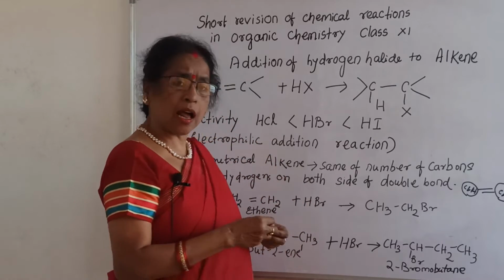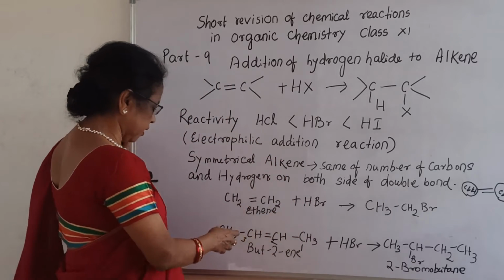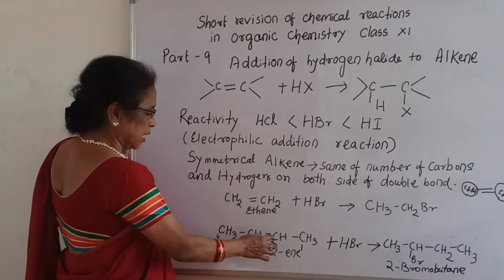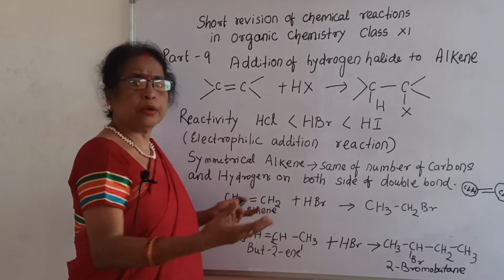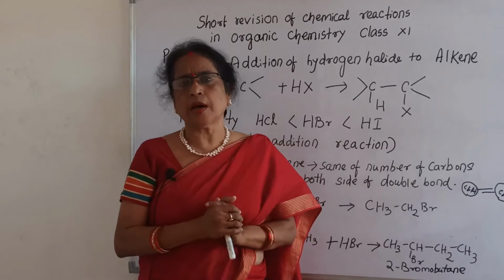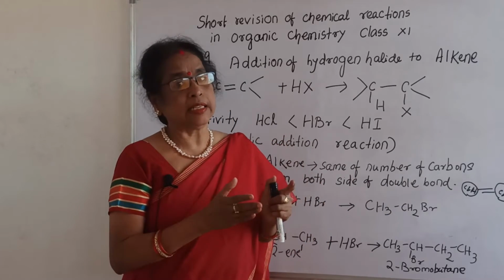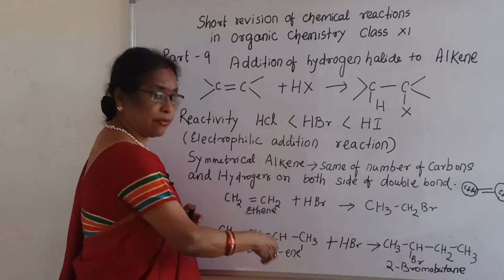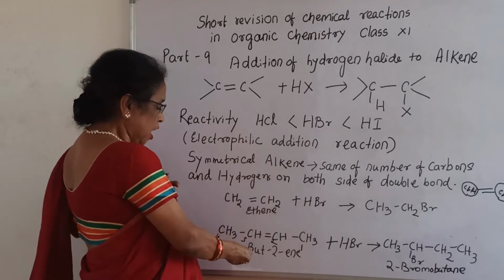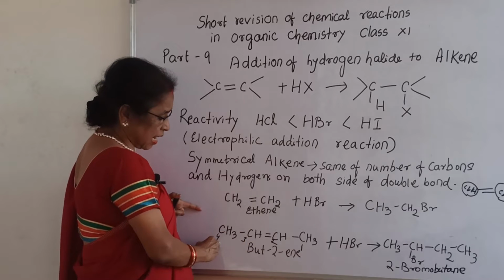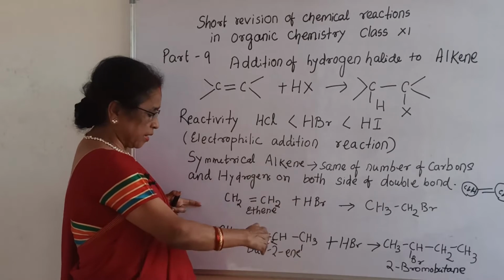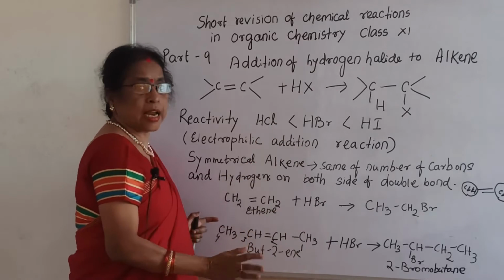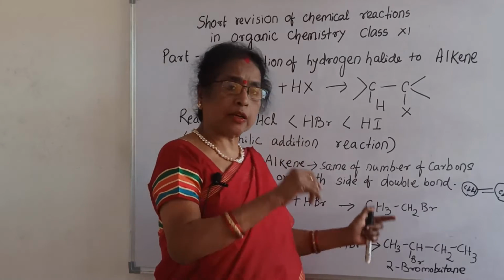Now it is a symmetrical alkene, because on this side there are 4 hydrogen and 2 carbon, and here also 4 hydrogen and 2 carbon on both sides of the double bond. That is why it is a symmetrical alkene. In a symmetrical alkene, when you add HBr, you can write H on the right side and Br on the left side, or H on the left side and Br on the right side. There is no problem. The product you will get is